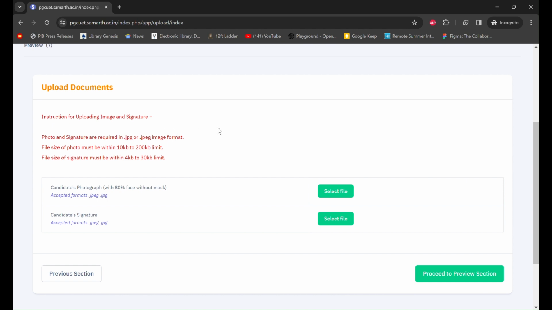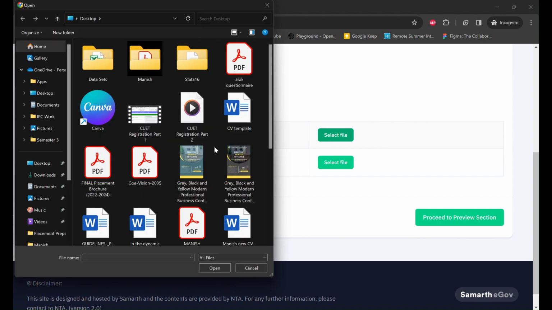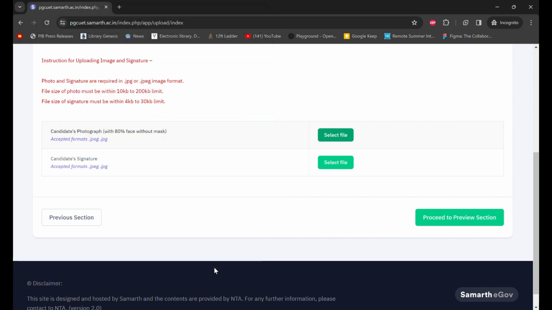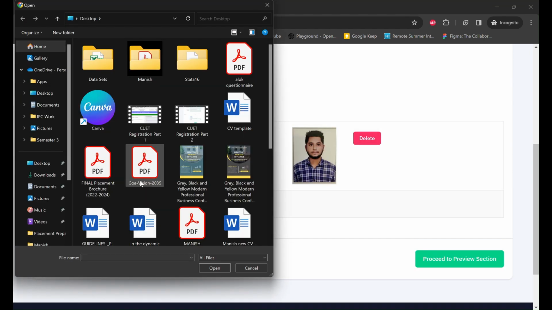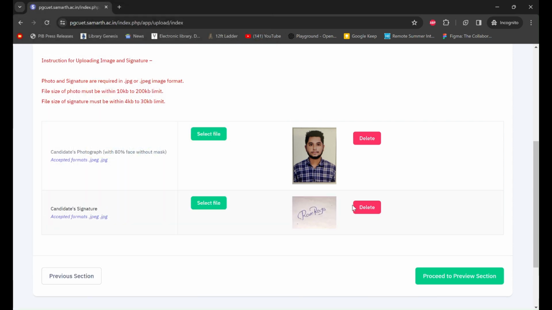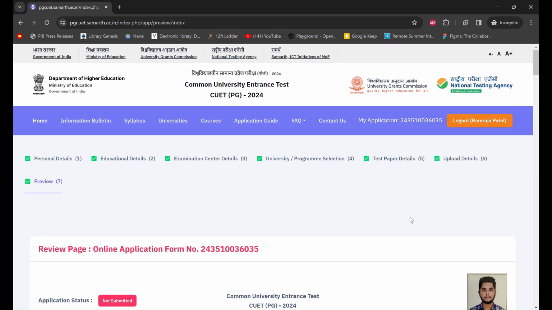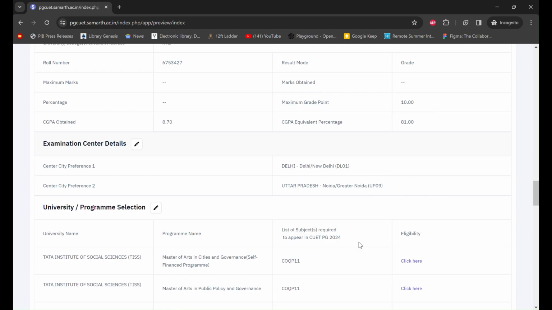So it's asking for a photograph and a signature. And as I've already mentioned, the limit for the photograph is within 200 KB, and for the signature, it should be within 30 KB. So let's say I'm filling in mine, start upload. For signature purposes, start upload, and again proceed to the next section, and see it has now created an entire summary